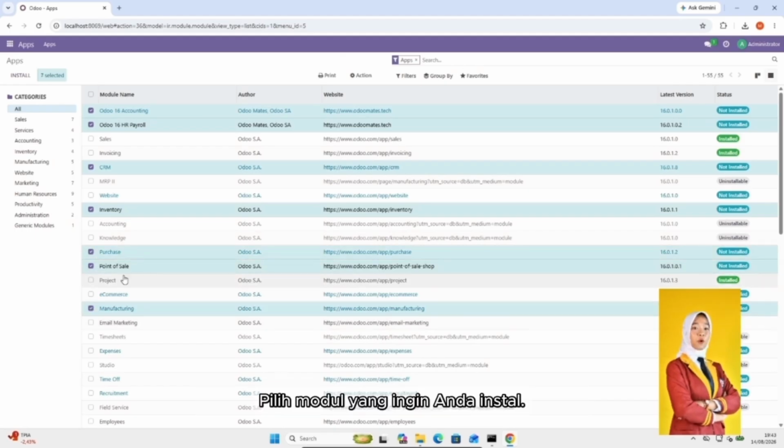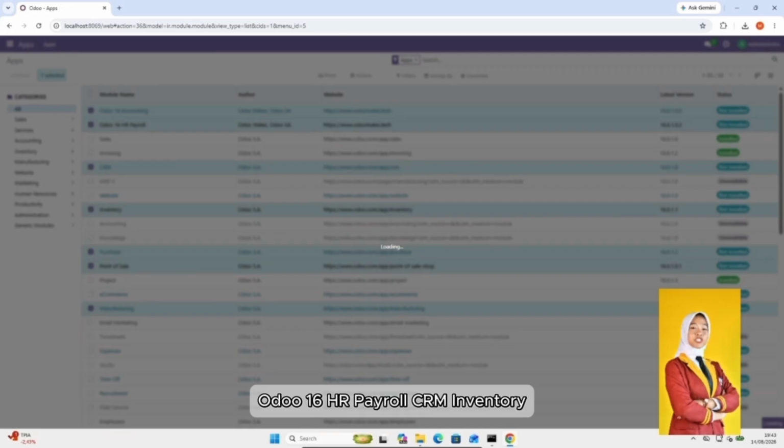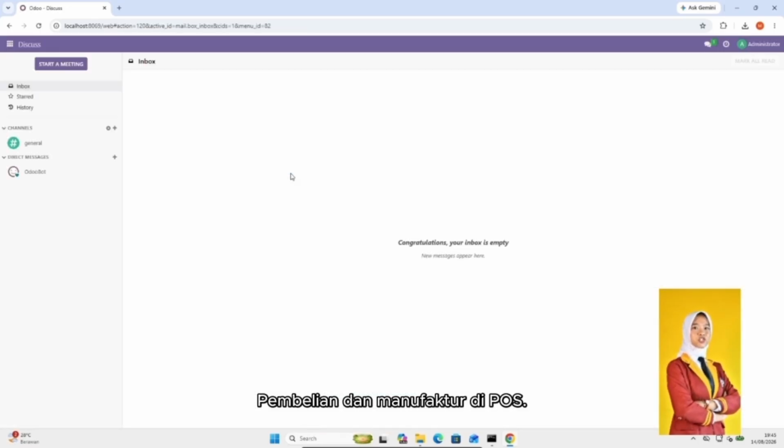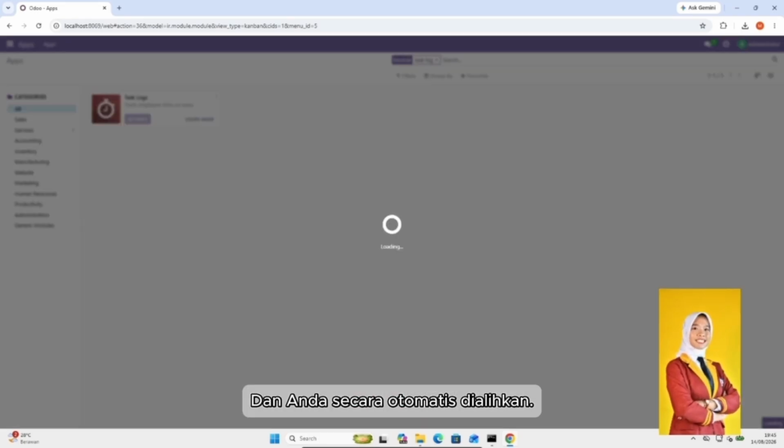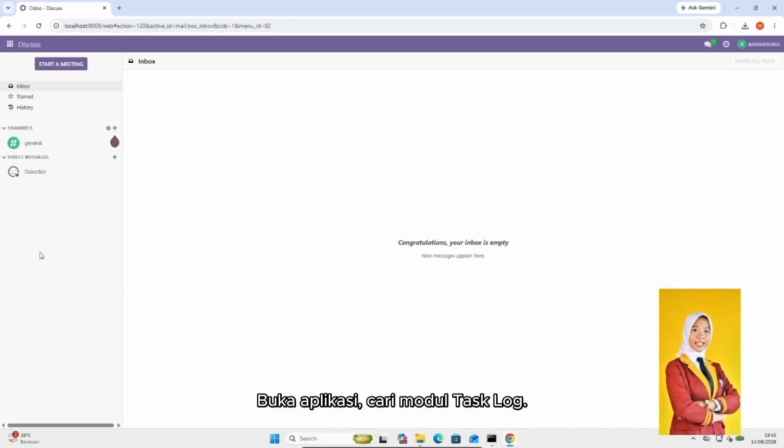Select the modules you want to install, such as Odoo 16 Accounting, Odoo 16 HR Payroll, CRM, Inventory, Point of Sale, Purchase, and Manufacturing, then click Install in the top left corner. After the installation is complete, and you are automatically redirected back to the Discuss page, open Apps and search for